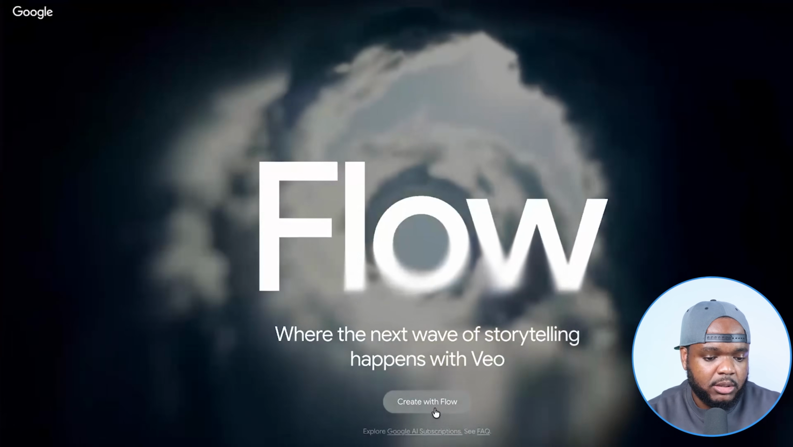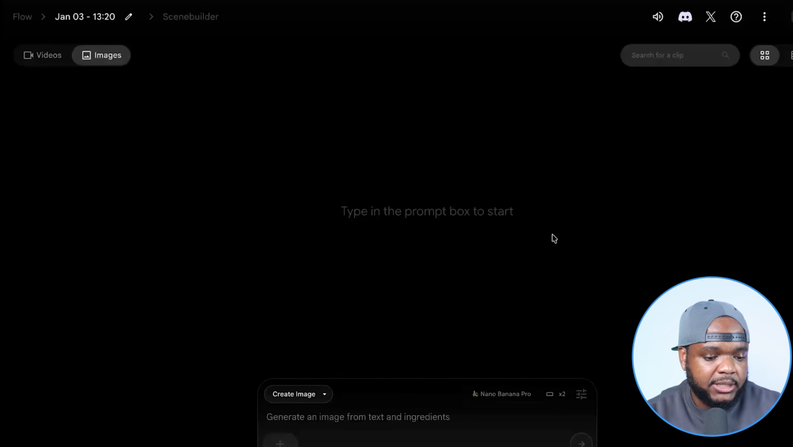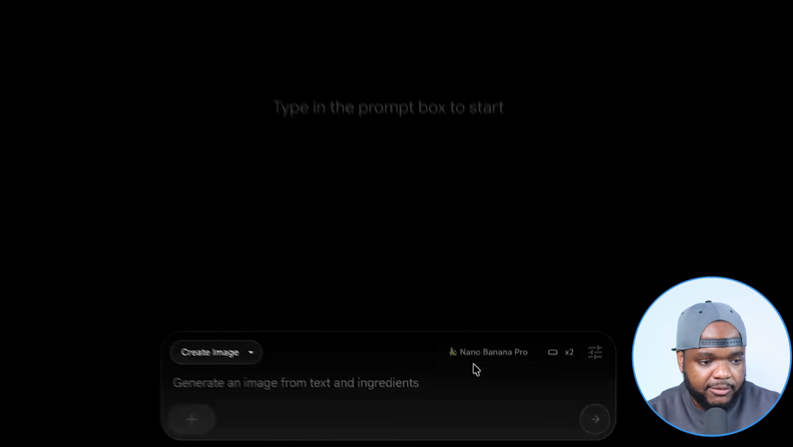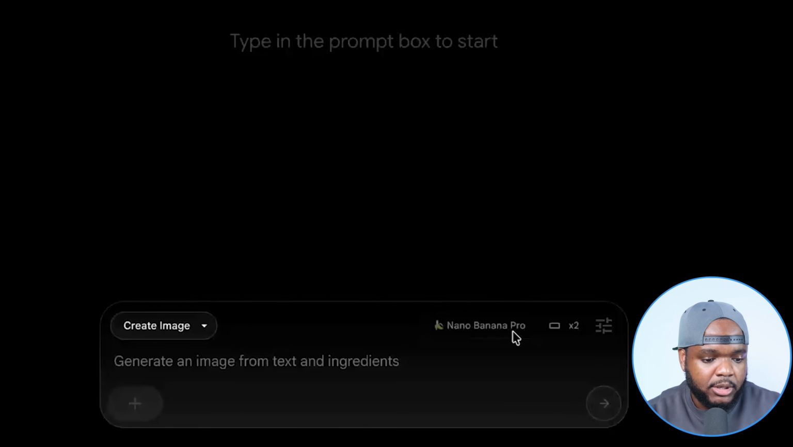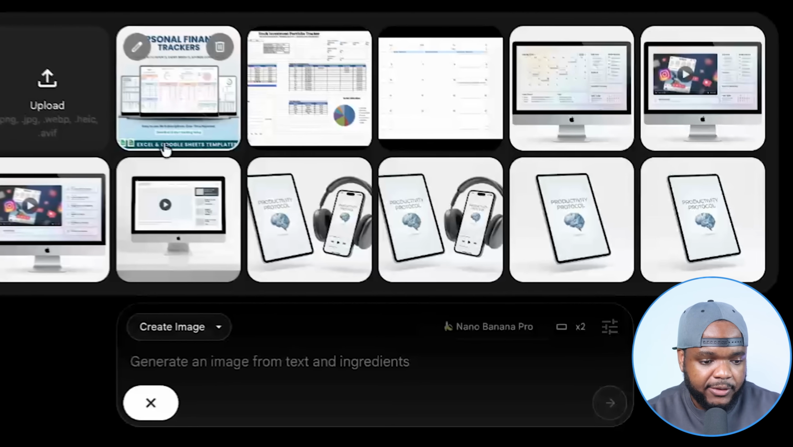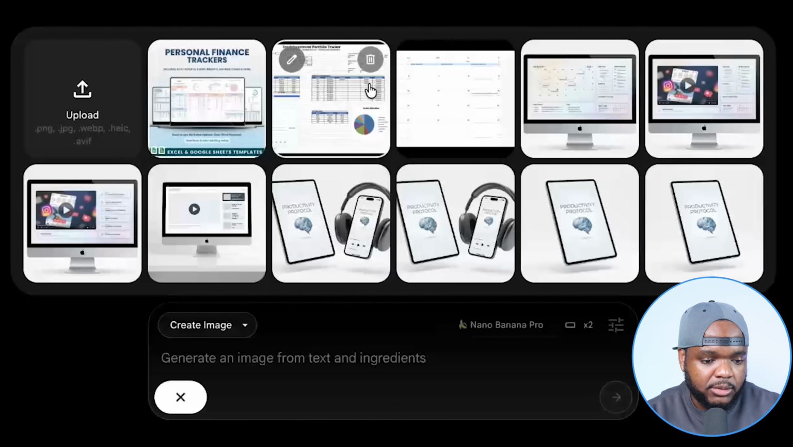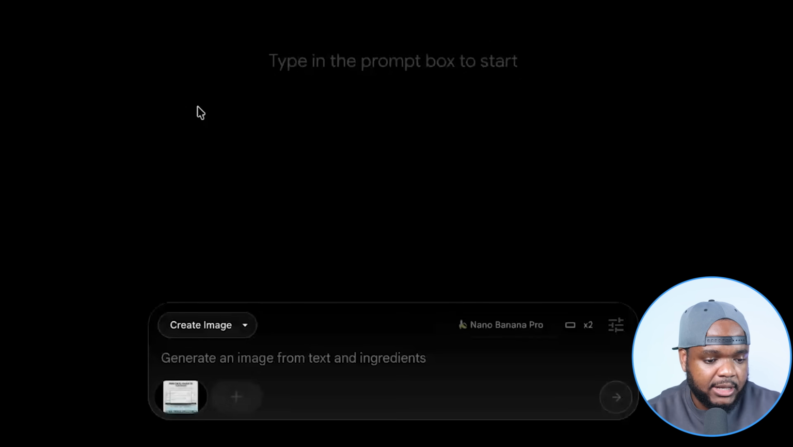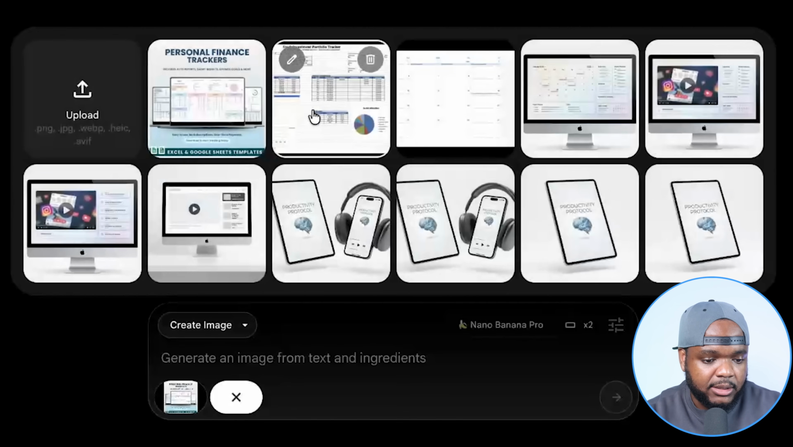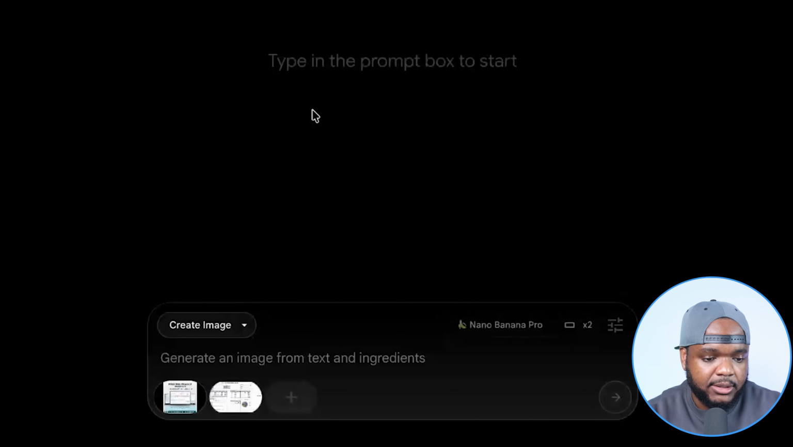So if I just click on create with flow, this is the next page that it's going to show me. As you can see, I'm currently using Nano Banana Pro. So what I'm going to do is just upload the image that I just got from this Facebook ad. Okay, perfect. So I've just added it right there. And I've also taken a screenshot of the actual spreadsheet that I've got listed on my site that my potential customers are going to receive. So if I select this one and I also select the spreadsheet that I've got listed,